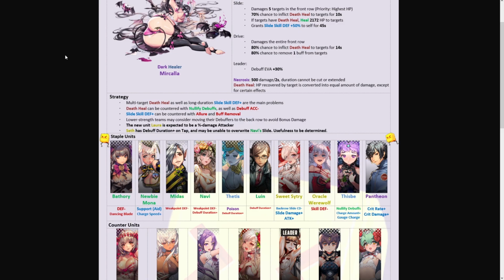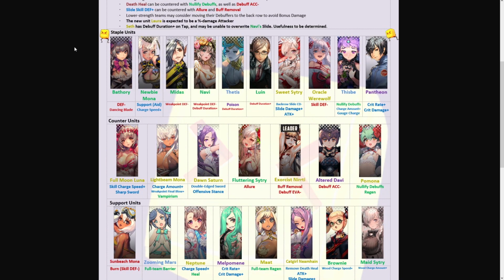The new unit Laura is expected to be a percentage damage attacker. Seth has debuff duration plus on his tap skill and may be unable to overwrite Navi slide. Usefulness to be determined. As for the staple units of the guide, we have Battery listed first on the left hand side,